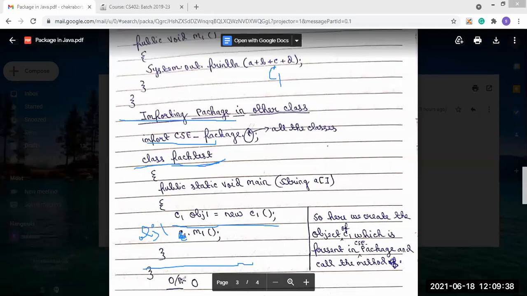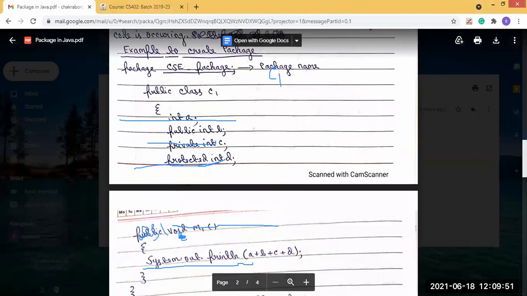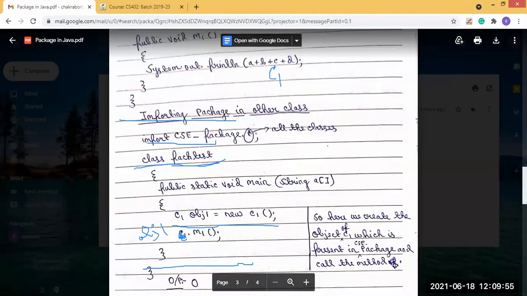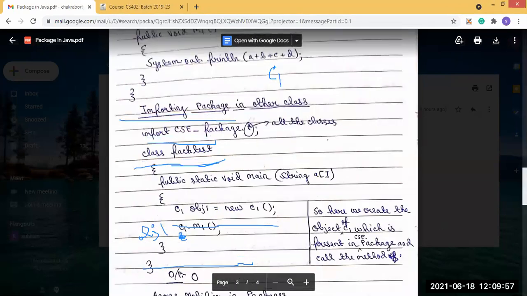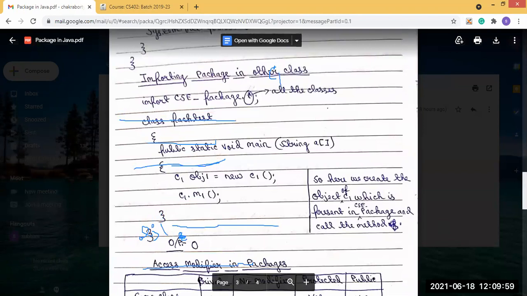So in the output, it will show 0, because we didn't assign values to those variables. So this will be the output.